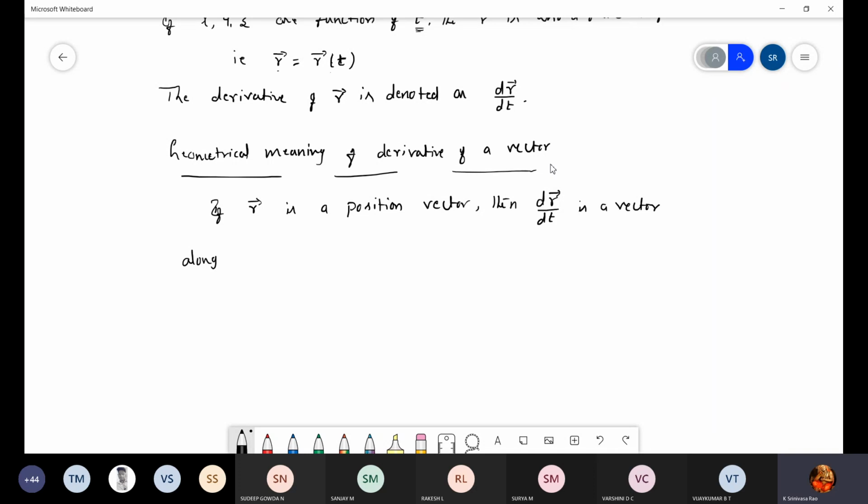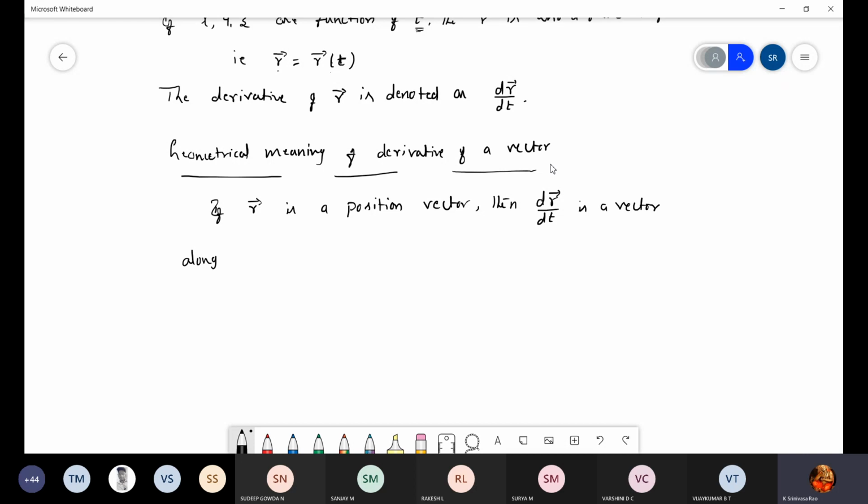Just answer my question. Usually you forget about this vector concept. What does dy by dx give? Slope, geometrically. Very good. It is not only the slope, it is the slope of the tangent. In your +2 level, you studied a chapter, application of differentiation, where you calculate the slope of the tangent. So dy by dx gives the slope of the tangent.